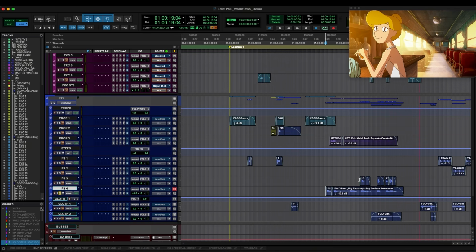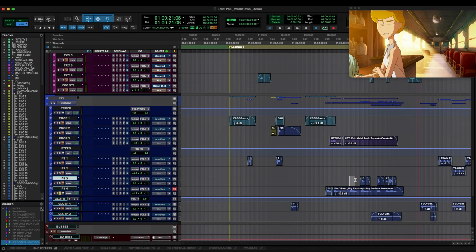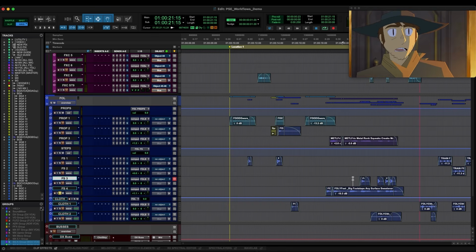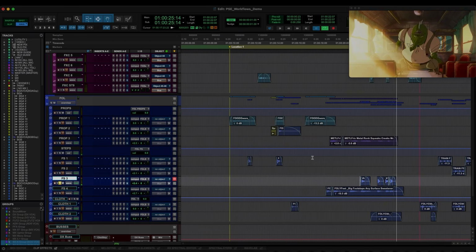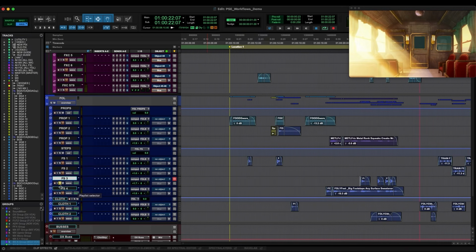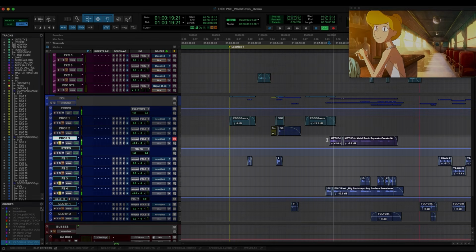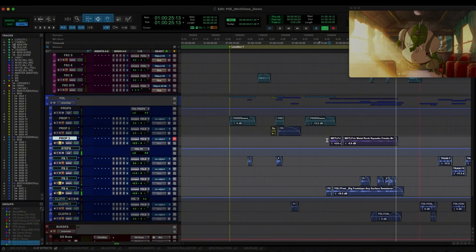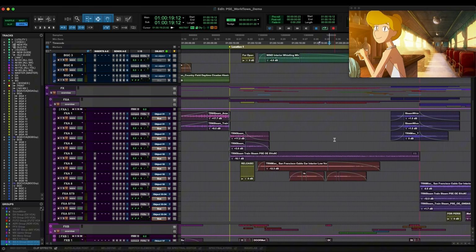So that was more of a sub kind of element just to give the alligator some weight. And you can see that those play exclusively until the door is opened. Then this next layer comes in, and I'll play the next layer. And that's more the kind of mid-range element. I also added some metal ronks here to give the character more sense of weight. And if we play this with the glass rattles from earlier,